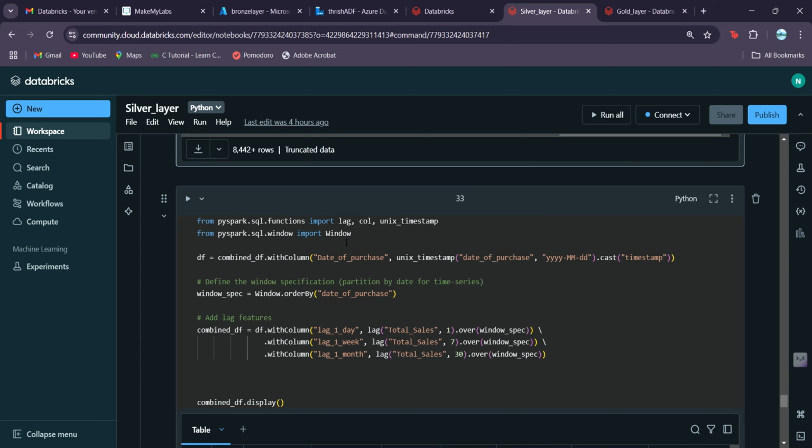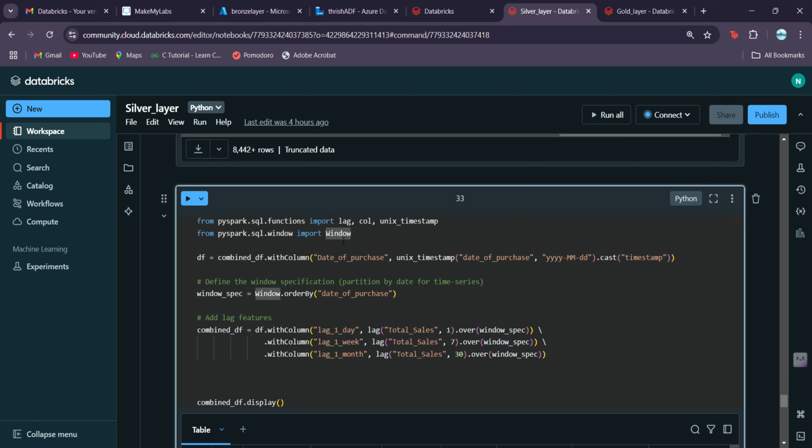After that, we're going to do the window function. Window function is basically a feature engineering process where window function helps with row level transformation like sorting, grouping, and here we are focusing on lag. Lag is basically we are creating a new column that holds the value of the previous row. That's basically it. And there are many other window functions that can be used, but now we are using